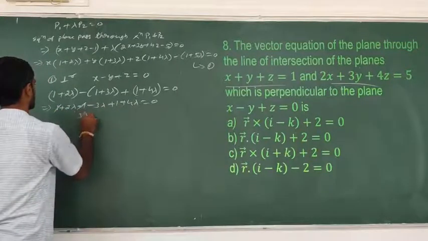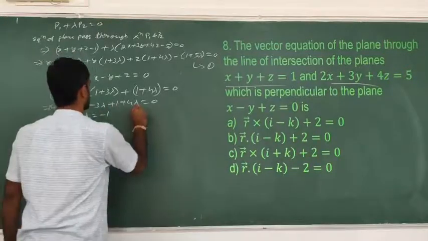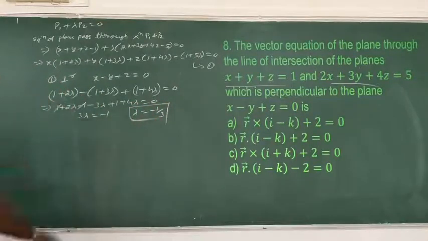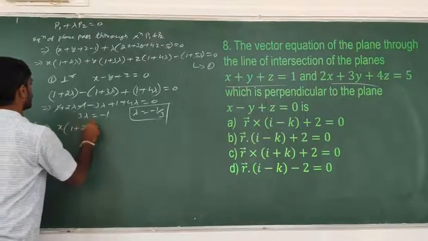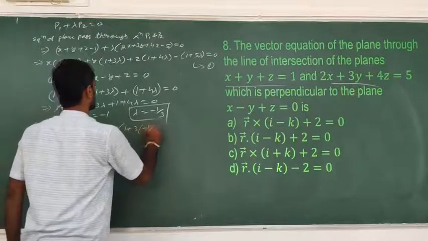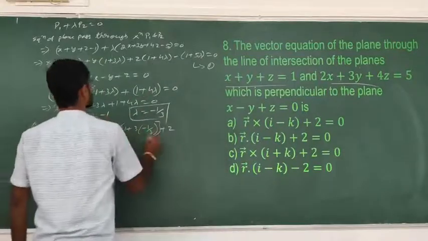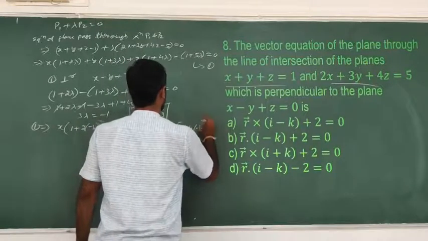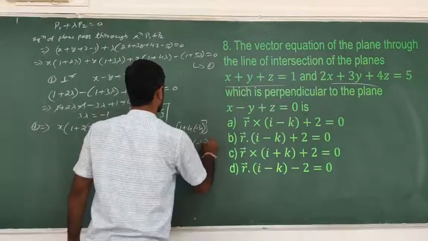6 lambda minus 3 lambda is 3 lambda is equal to, just transfer this one to the right hand side, it becomes minus 1. Then lambda is equal to minus 1 by 3. Now equation 1 becomes x into 1 plus 2 into minus 1 by 3 plus y into 1 plus 3 into minus 1 by 3 plus z into 1 plus 4 into minus 1 by 3, minus 1 plus 5 into minus 1 by 3